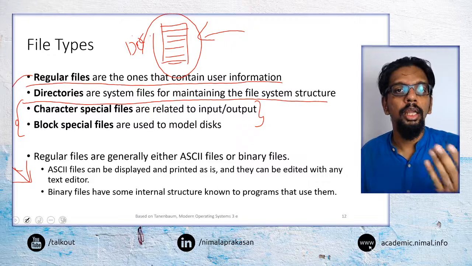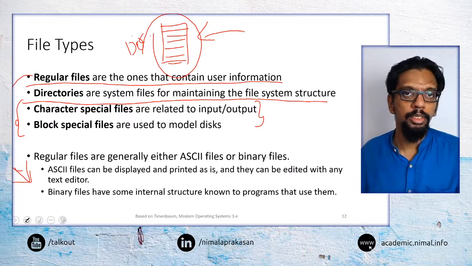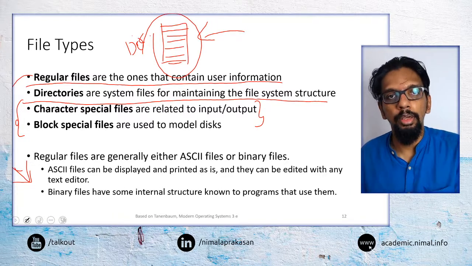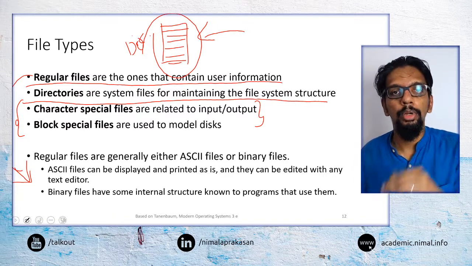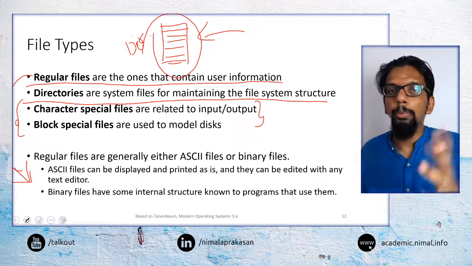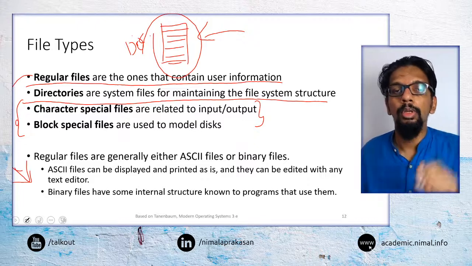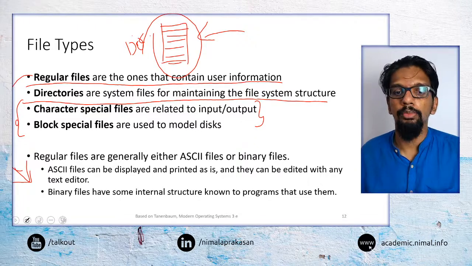Even if you right click an HTML file and open it in Notepad, you can still read it. But if you right click a JPEG file, an image file, and open it in Notepad, you may see some text, but you cannot meaningfully understand that. You have to have a separate program to understand or interpret that information.